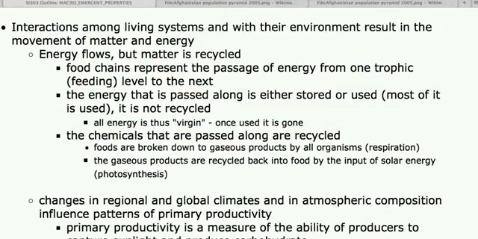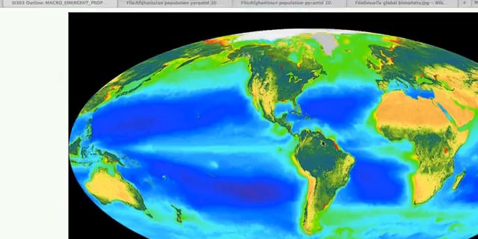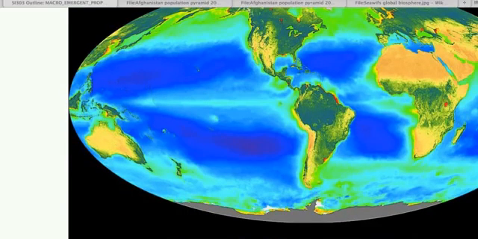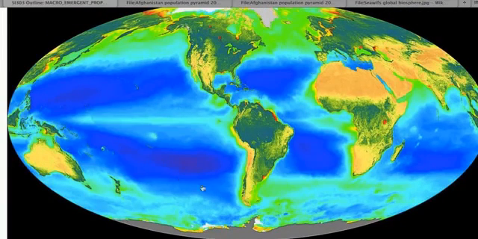So, time to move on and talk about productivity, which is what the whole energy dynamics lab was about. This is an interesting graph before we dive in. It does describe productivity across the globe. For the aquatic ecosystems, purple is the most productive. And you'll notice down here in the South Pacific, we're very productive. Out here in the Western Pacific, the Earth is very productive. In the Southern Atlantic, we've got high productivity. Southern Indian down here, we've got high productivity. So seriously productive zones there.